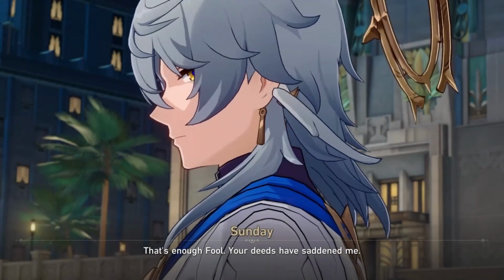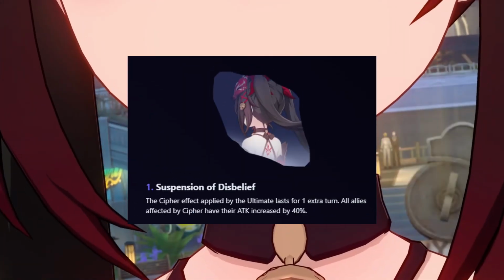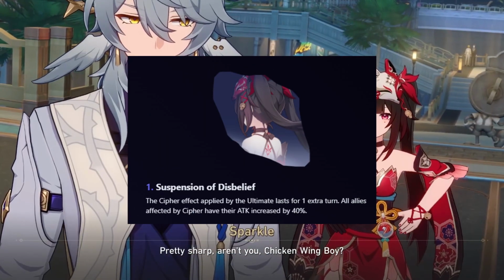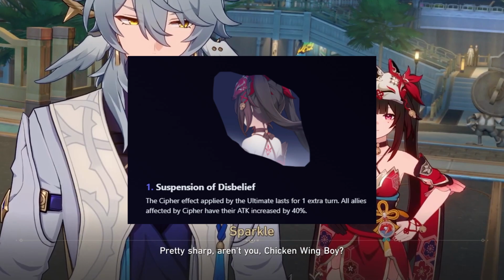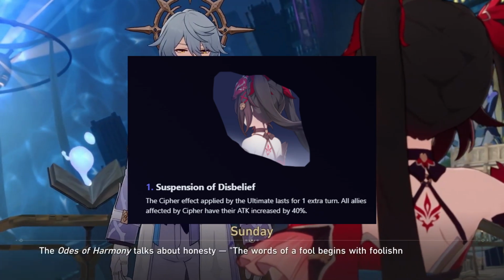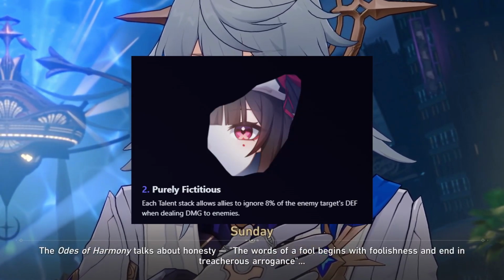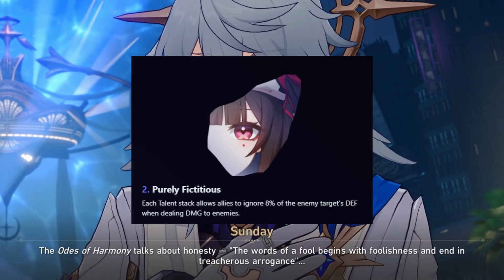Now, let's talk about Sparkle Eidolons for those who plan to go after some of them. On her E1, the Cypher effect applied by the ultimate lasts for 1 extra turn, and all allies affected by Cypher have their attack increased by 40%. With her E2, each talent stack allows allies to ignore 8% of the enemy's target defense when dealing damage to